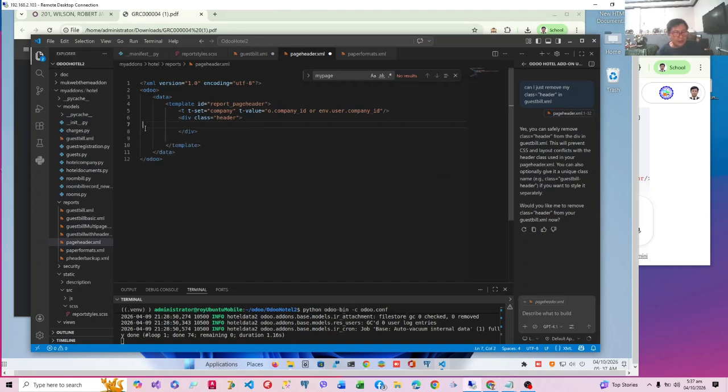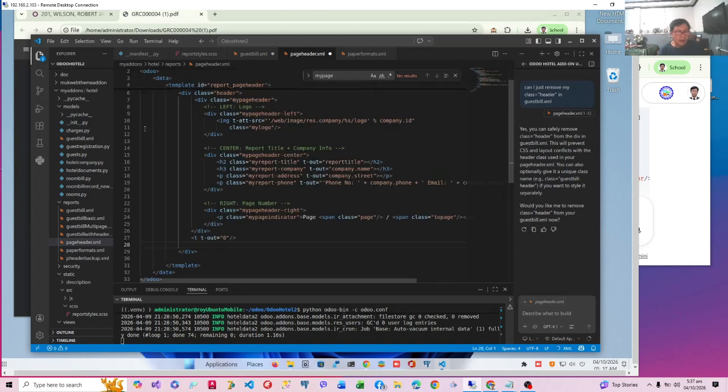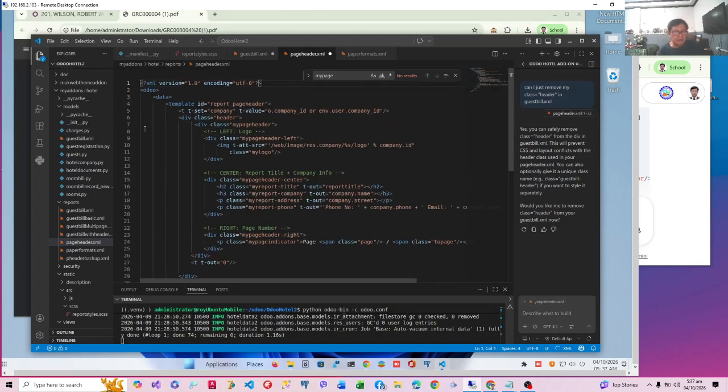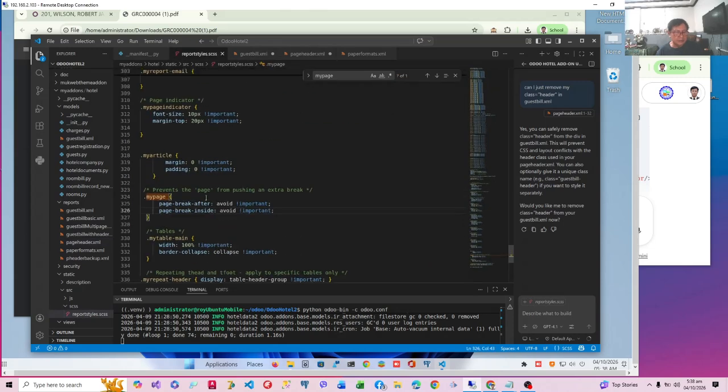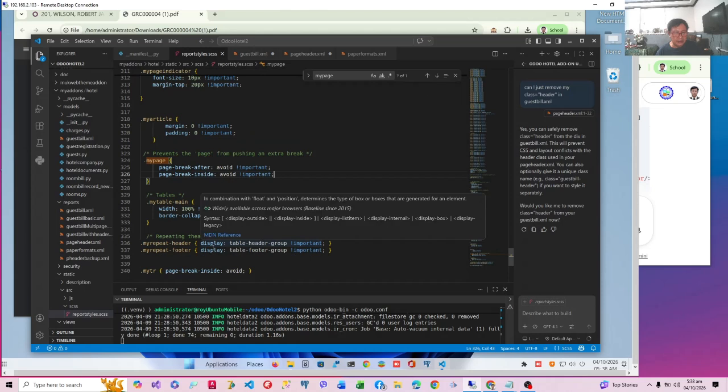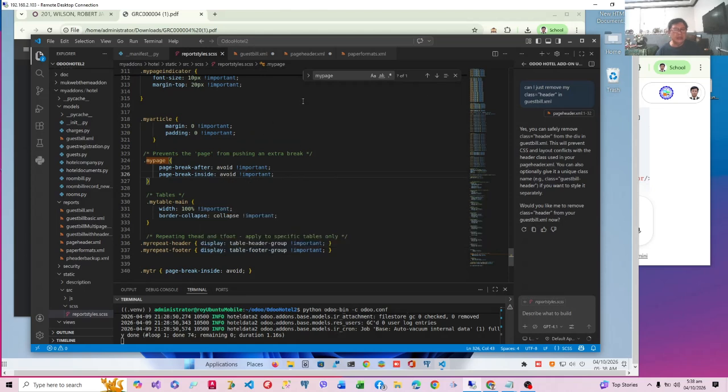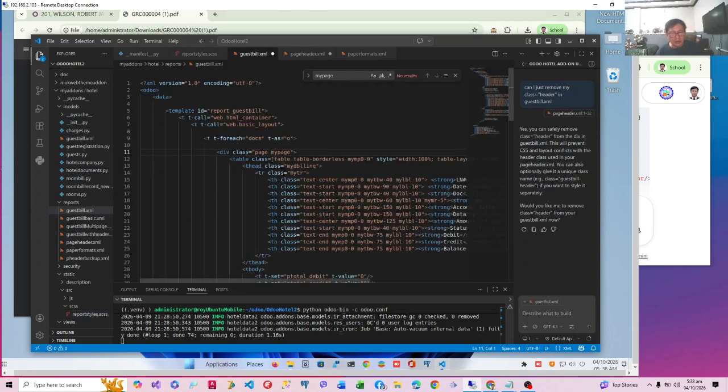Three sub divs, actually these are columns, and they are included in a container called my page header, which is included in our reports.xml. So my page header, here it is now. It makes sure that it's repeated at the top of each page, because the display is of type table header group. So it affixes itself on every table that it sees.